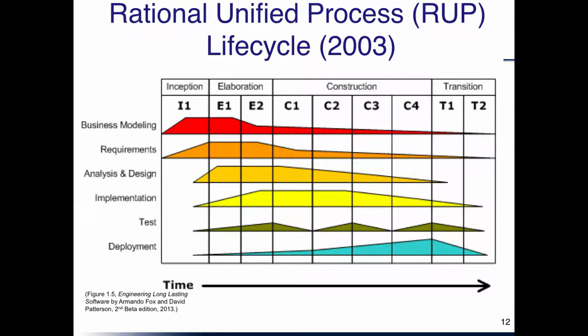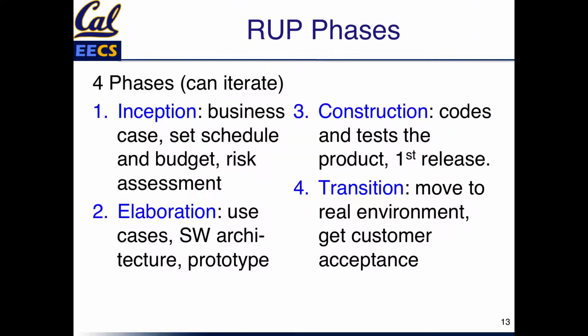What you can see in this design are these phases across the top, and then what they call engineering requirements, skills you need, across the bottom. I'll come back to this slide, but let me show you again. You can have multiple iterations within one of these phases. So there's 2 in elaboration, 4 in construction, and transition. So what do these phases do?